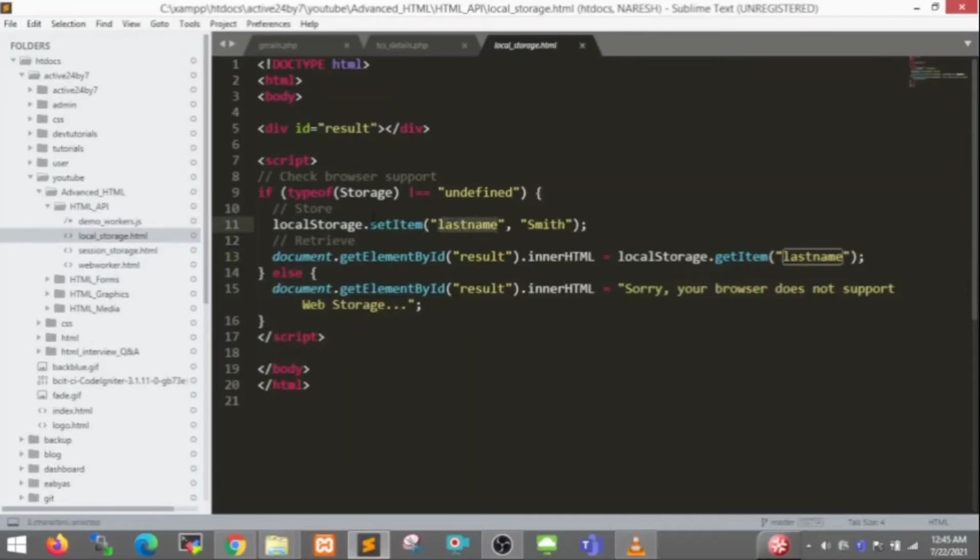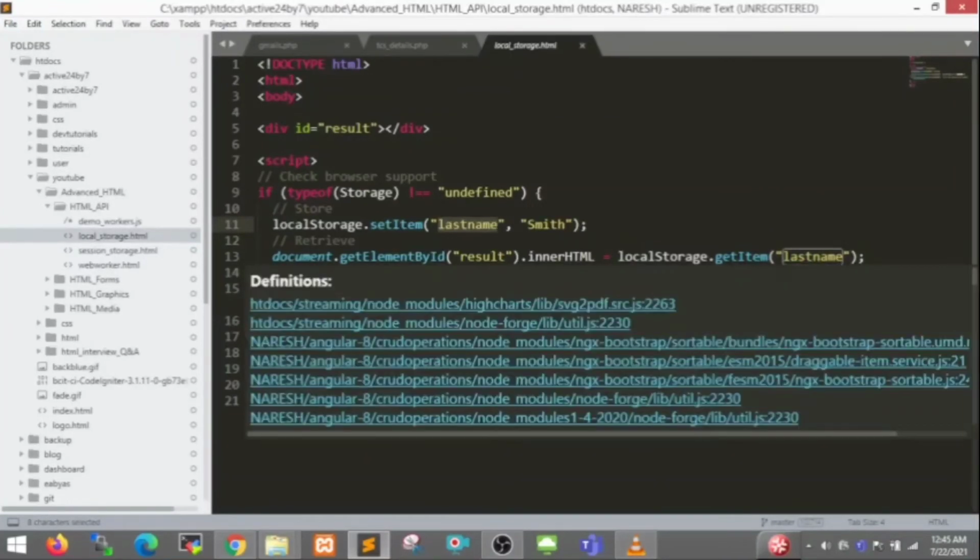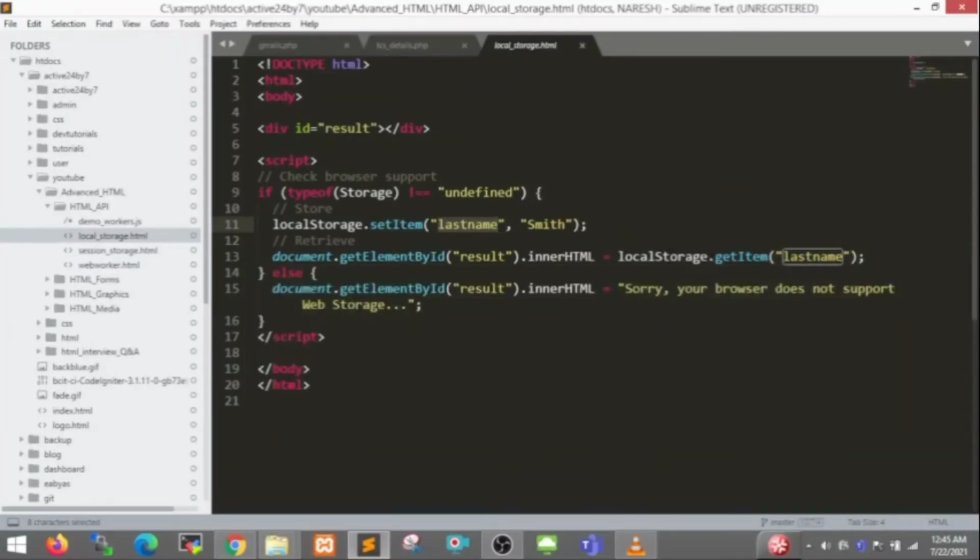This is how we can set the local lastname value, and if you want to get that lastname value from local storage, we use localStorage.getItem of lastname. Else, if localStorage is undefined, in the else case document.getElementById result.innerHTML shows: Sorry, your browser does not support web storage.